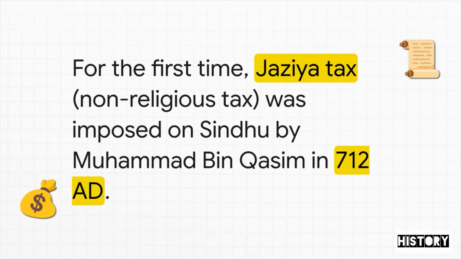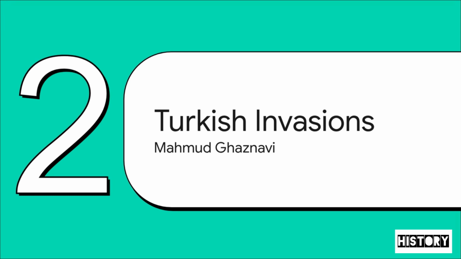And right here, this is the answer to that question I asked at the beginning. It was Muhammad bin Qasim who was the very first person to impose the Ghazni attacks in India, which was attacked specifically for non-Muslims. All right, so after the Arabs, let's move on to the next major phase of invasions.